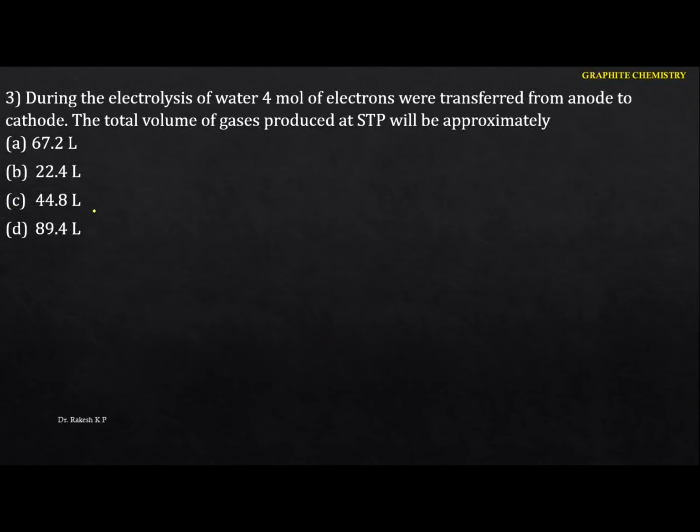Next one. During the electrolysis of water, 4 mole of electrons were transferred from anode to cathode. The total volume of gases produced at STP will be approximately. Now you just identify this one. You have to identify during the electrolysis what products we are going to get. So during the electrolysis of water,